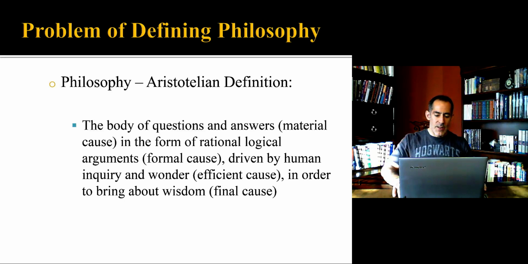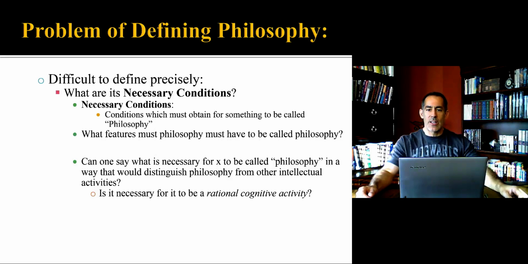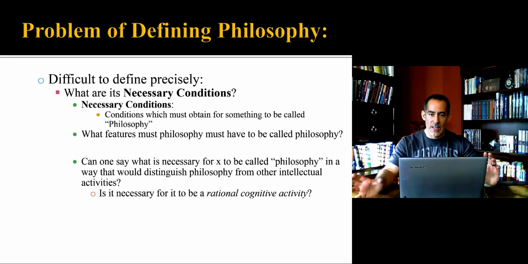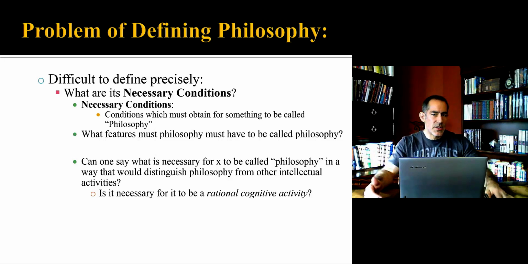What I want to go through now is this difficulty in actually coming out with a precise definition for philosophy. And there are different ways people will try to do this. Perhaps we want to take the tack where you try to figure out what the necessary conditions are. If you study logic, you're going to spend a lot of time, hopefully, if it's a good logic class, understanding what it means to be a necessary condition versus a sufficient condition, and the relationship between them in logical statements. But a necessary condition, for the most part, is simply a condition that has to be there for something to be what it is. Okay, so what are the conditions that must obtain for something to be called philosophy? What characteristics are necessary?